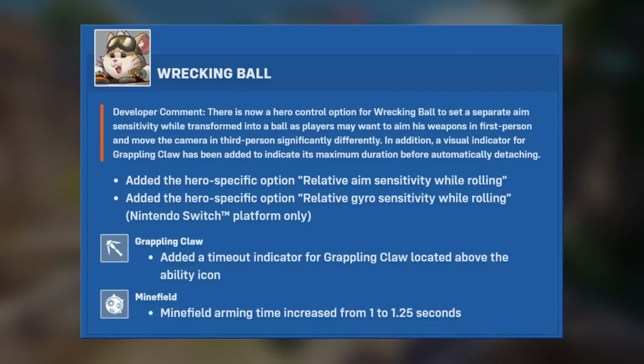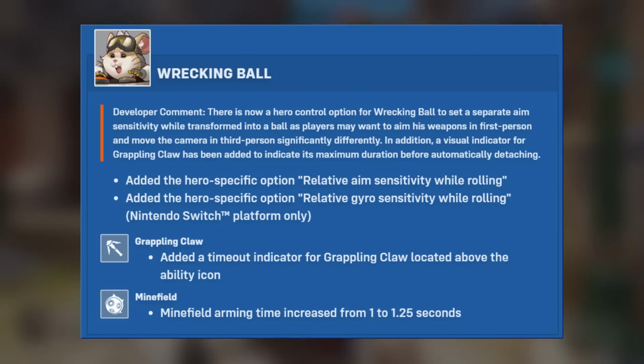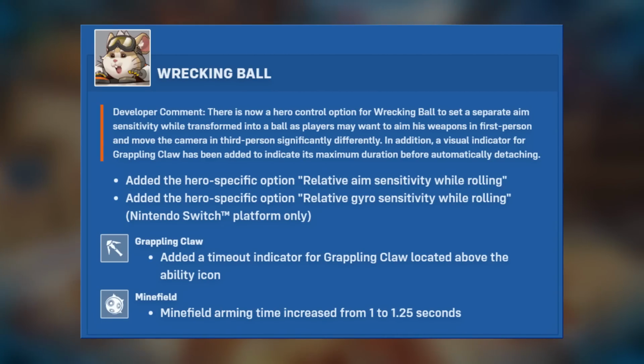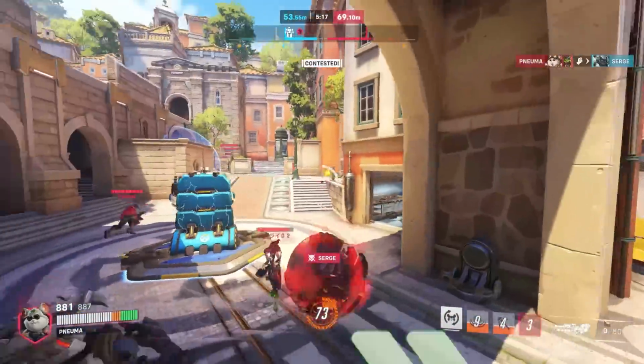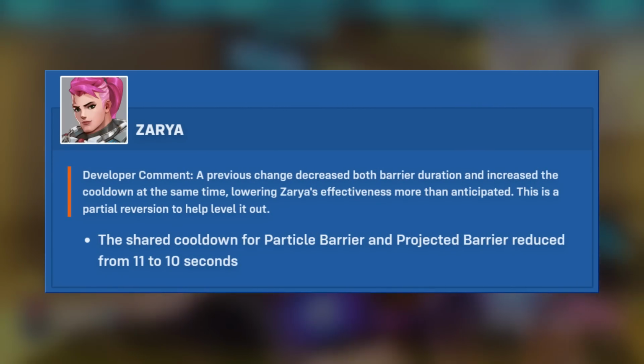His arming time for his mines is now up to 1.25 seconds as opposed to 1 second, and before that it was 1.5 seconds before he got recently buffed, so he's kind of in a middle ground here. It's still going to feel strong, but it's going to be a little bit less oppressive to get mines dropped on your head. Zarya is getting the cooldowns on her bubbles reduced by 1 second, which is actually really nice